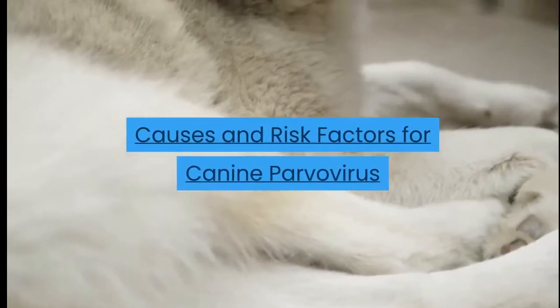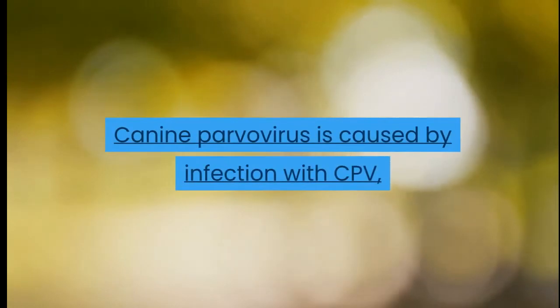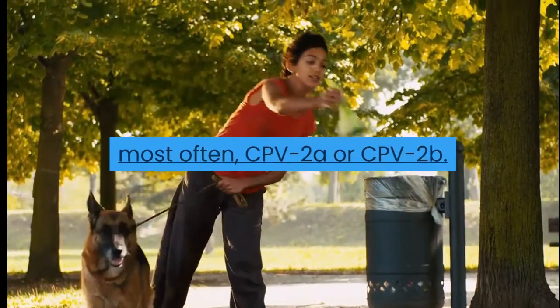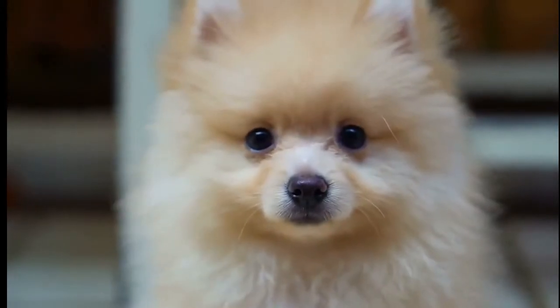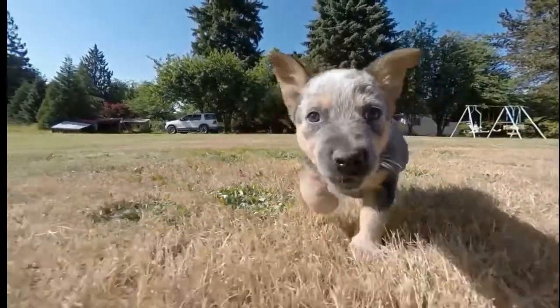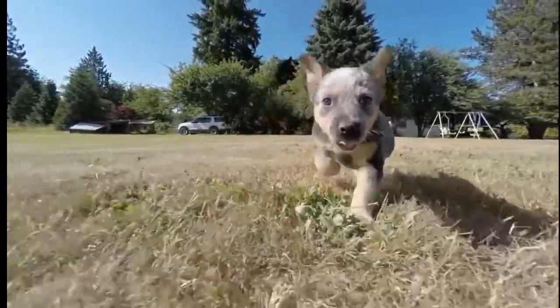Causes and risk factors for canine parvovirus. Canine parvovirus is caused by infection with CPV, most often CPV-2A or CPV-2B. All dogs are at risk for developing canine parvovirus. Puppies less than 4 months old and dogs that have not been vaccinated against the virus are at increased risk